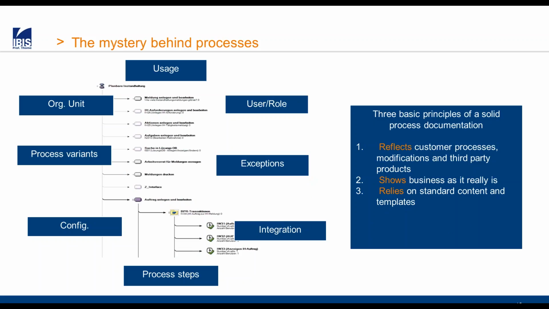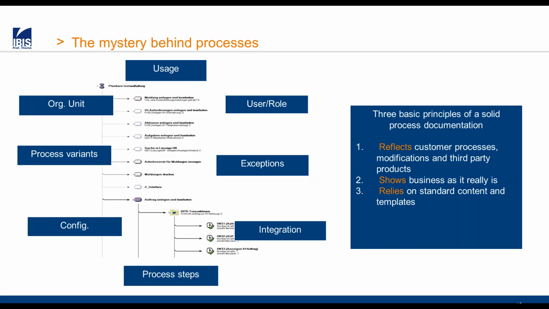For example, the overall usage, which is the topmost term, is something very important to see how many times processes are really conducted in a customer system, or how many users or roles are connected to it. Are there any exceptions in the process flow? Are there integrations like interfaces, or integrations to other processes? Is there differing configuration? So basically lots of determining factors, but there are three basic principles which really build up